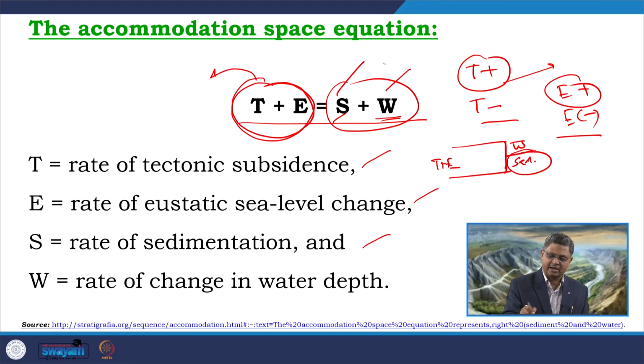So, in this equation, if this value is getting negative, what is the meaning of that? That means S is maybe not accumulating, sediments are not accumulating at all. So, the entire portion is getting covered up by W, or maybe even the water depth is also decreasing. So, this is becoming negative. So, the right hand side altogether can become negative in that case. So, a negative value in the right hand side commonly signifies erosion or shallowing of the water depth.